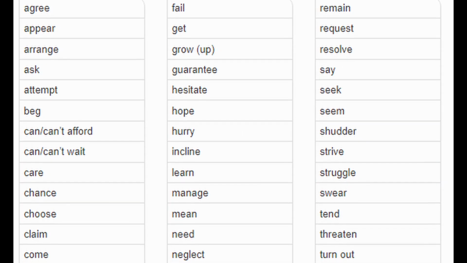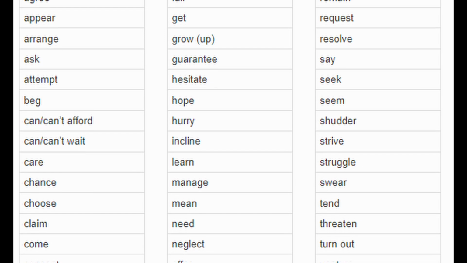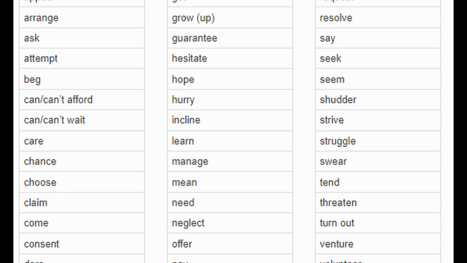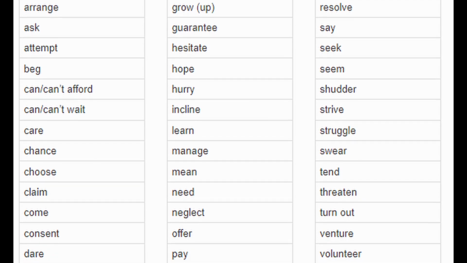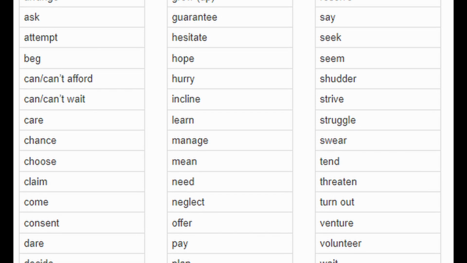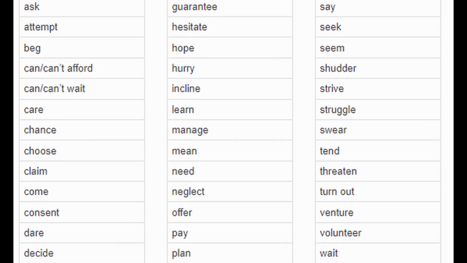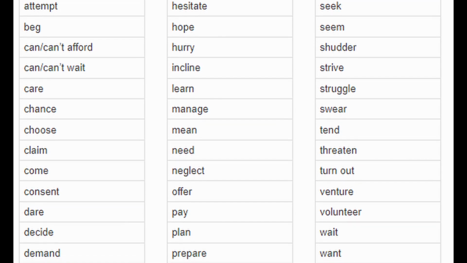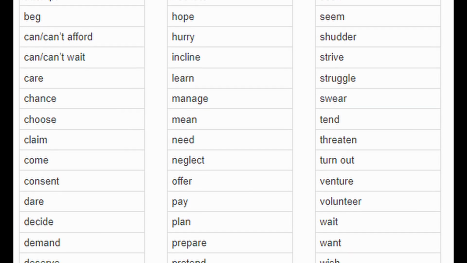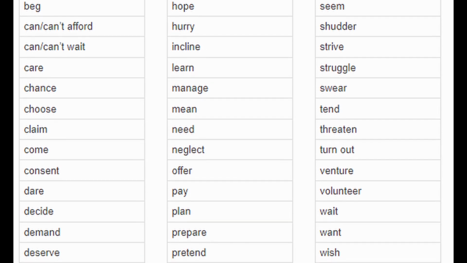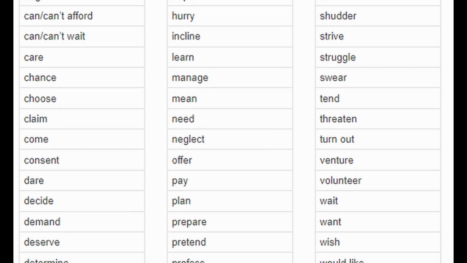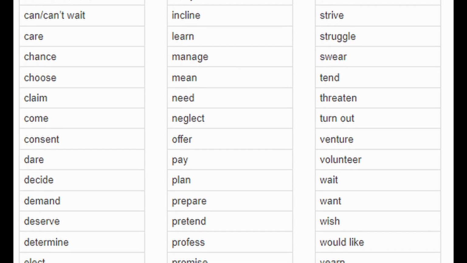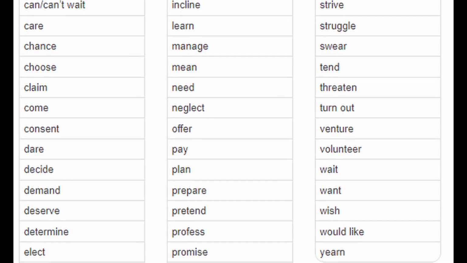Okay, for the verbs that are followed by an infinitive, we have agree, appear, arrange, ask, attempt, beg, can afford or can't afford, can wait or can't wait, care, chance, choose, claim, come, consent, dare, decide, demand, deserve, determine, elect, endeavor, expect, fail, get, grow up, guarantee, hesitate, hope, hurry, incline, learn, manage, mean, need, neglect, offer, pay, plan, prepare,